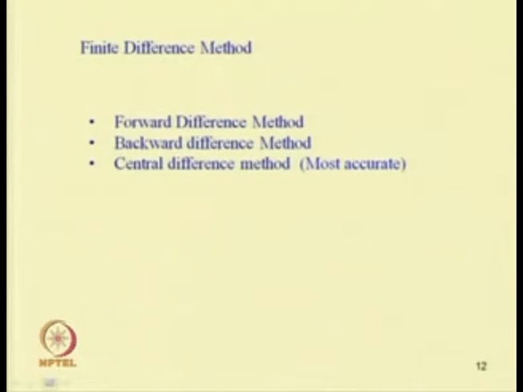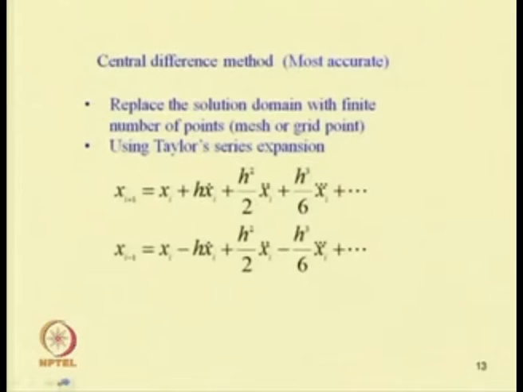In case of the finite difference method, we know there are three different types of methods. One is the forward difference method, another is the backward difference method, and the third one is the central difference method. The central difference method is the most accurate and most commonly used method. In the central difference method, we can replace the solution domain with a finite number of points or mesh or grid points, and using Taylor series expansion we can write x I plus 1, that is